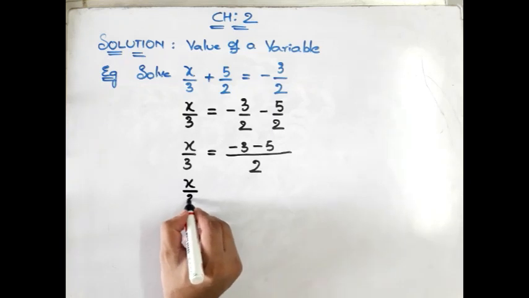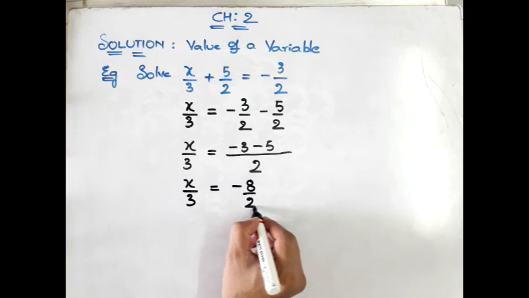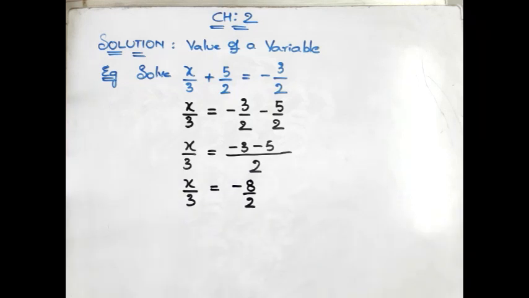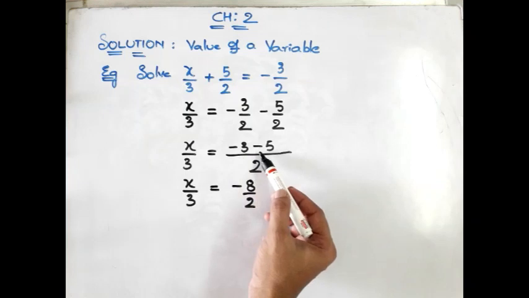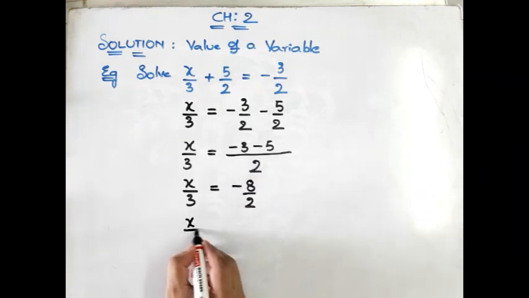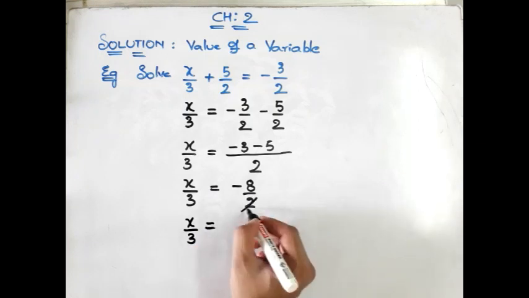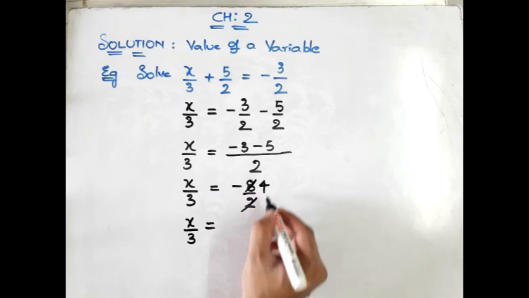So x by 3 is equal to minus 8 by 2, because minus 3 minus 5 is minus 8. So x by 3 is equal to, we have a chance of cancellation here, 2 1s are 2, 2 4s are